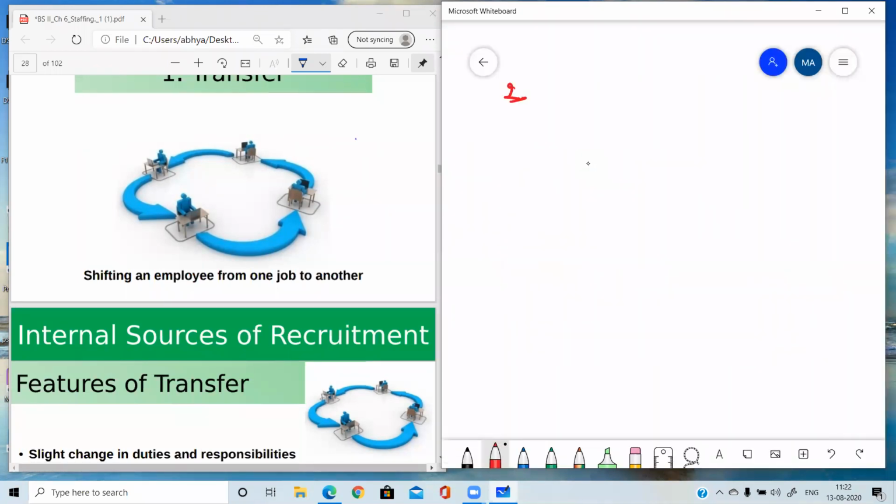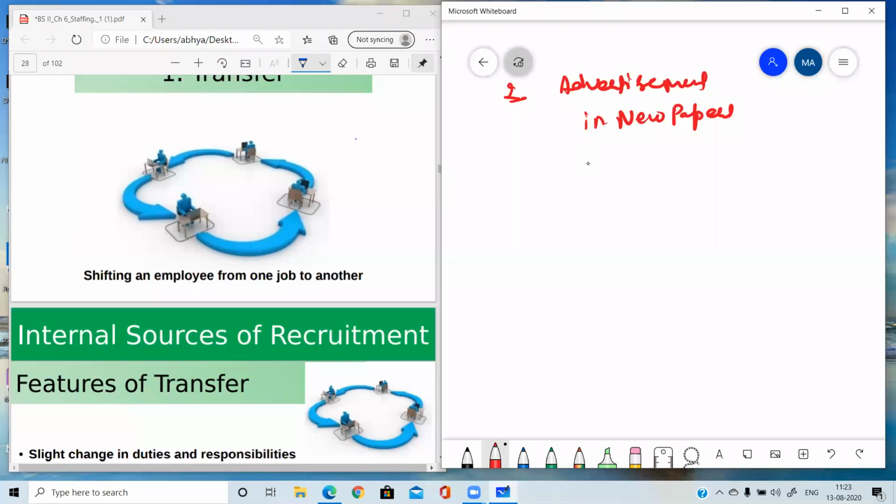The second source is advertisements. You all know this very well: advertisements in newspapers. You must have seen the classified section in newspapers. Many companies and organizations give advertisements in newspapers for job vacancies. Most of the senior positions of industry and commerce are filled by this method. Like you must have seen that mostly schools follow this method. If they require teachers, they give their advertisements in the newspapers.